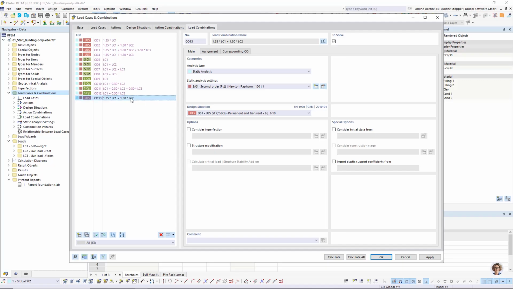To show you, here I have a combination, and we have these special options, and here we can see "import elastic support coefficients from". So what is happening if I activate this setting here? This setting means that for the current combination the advanced half space method will not be used. Here the finite element analysis will be done with the